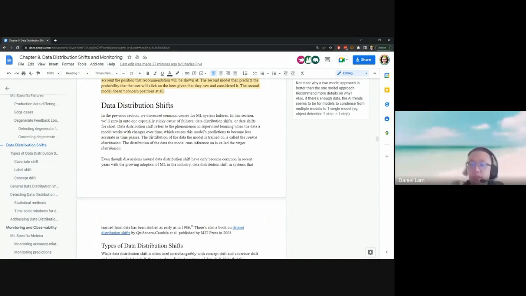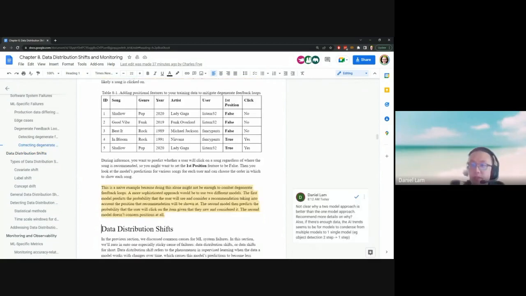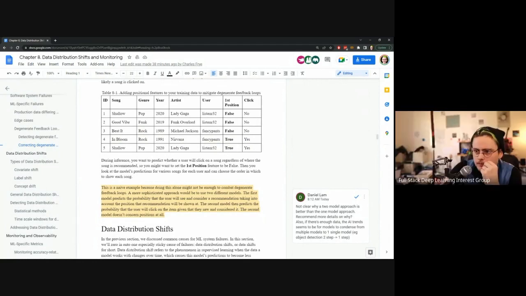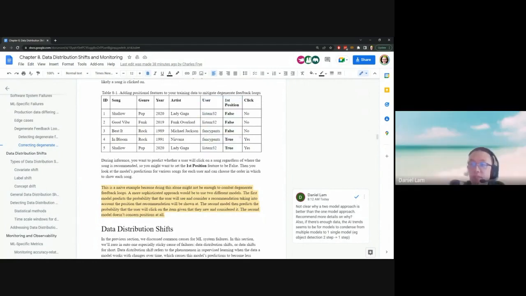I'll just say one point on that last table about the positional feature. My takeaway was I didn't think about this before. It's like you're adding a bias variable in order to be able to debias it later. With that in the table, that first position, false, false, false, true, true, I thought that was a powerful idea because you can track its position and that might help the model a lot. But then when you use it in inference, you can just set the first position to false, and that can debias your model. All right, that's all I want to say.